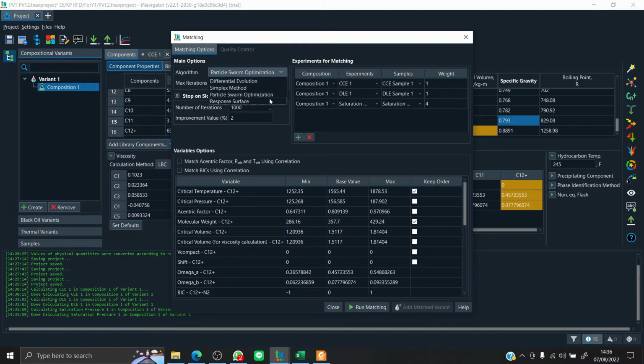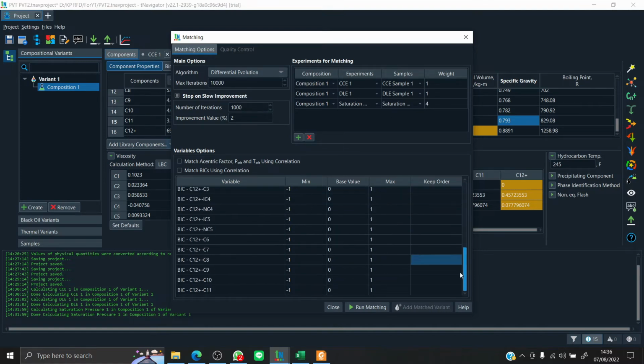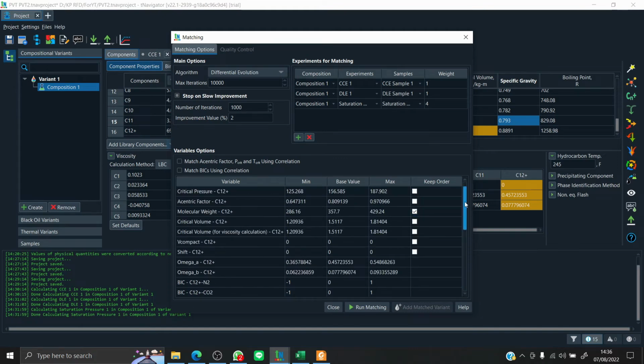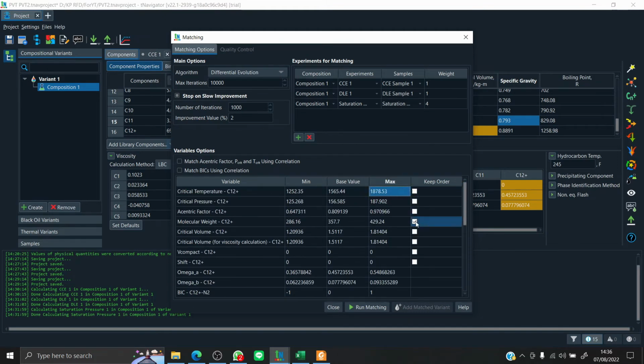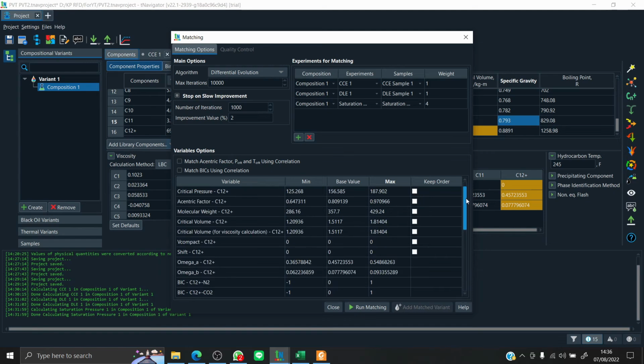We have particle swarm, PSO, differential evolution, simplex, or the response surface for the proxy model. So I'm just going to use differential evolution here. You can compare all 4 algorithms for the best matching, but for the sake of this tutorial, I just want to show you the workflow of doing the P50 matching.